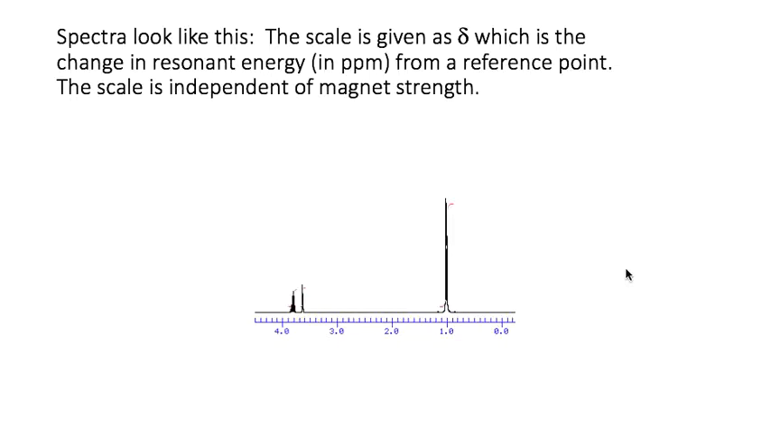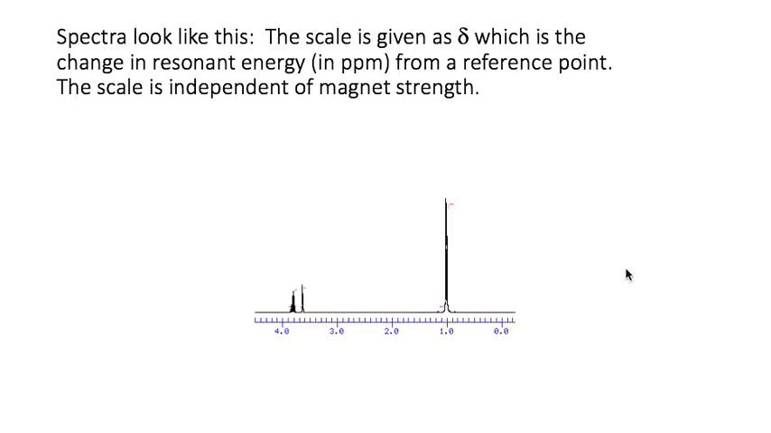So this is what a spectrum looks like. The scale is given the symbol delta, and it is the chemical shift. Now we use deltas for a lot of different things. Usually we can tell which one we're doing at a given time. The units are parts per million, and this scale is normalized so that the numbers on here are going to